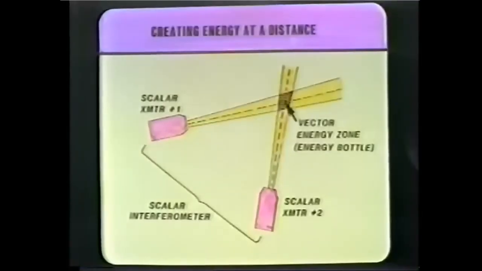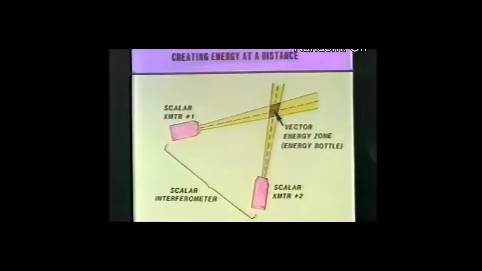So if we have two projectors, and these might be two modified radar antennae, and we intersect them at a distance, we can produce energy at a distance. And that energy arises in the space-time of that intersection zone. It doesn't matter if that's inside a mountain or inside a missile or inside an airplane or inside a human body. I have given you now the secret of how to build Tesla's vaunted death ray, to mow down people by the thousands, which you can do with that device right there. And you can modify ordinary radars to do that.